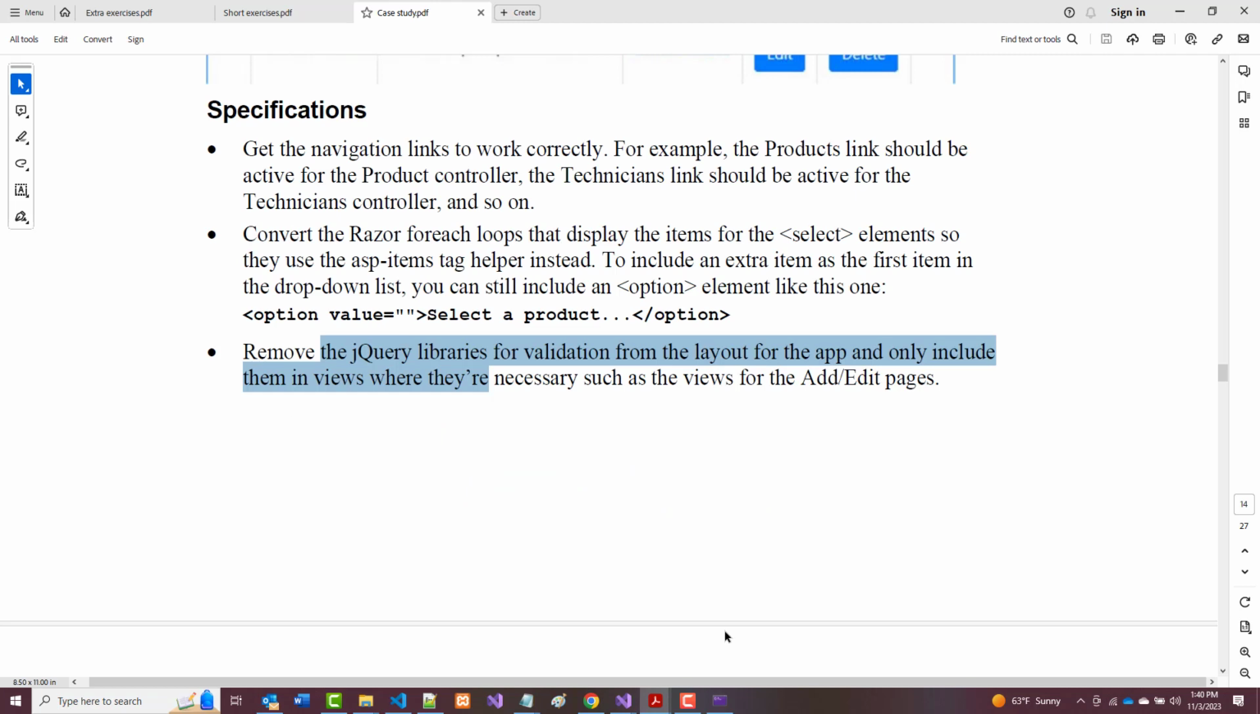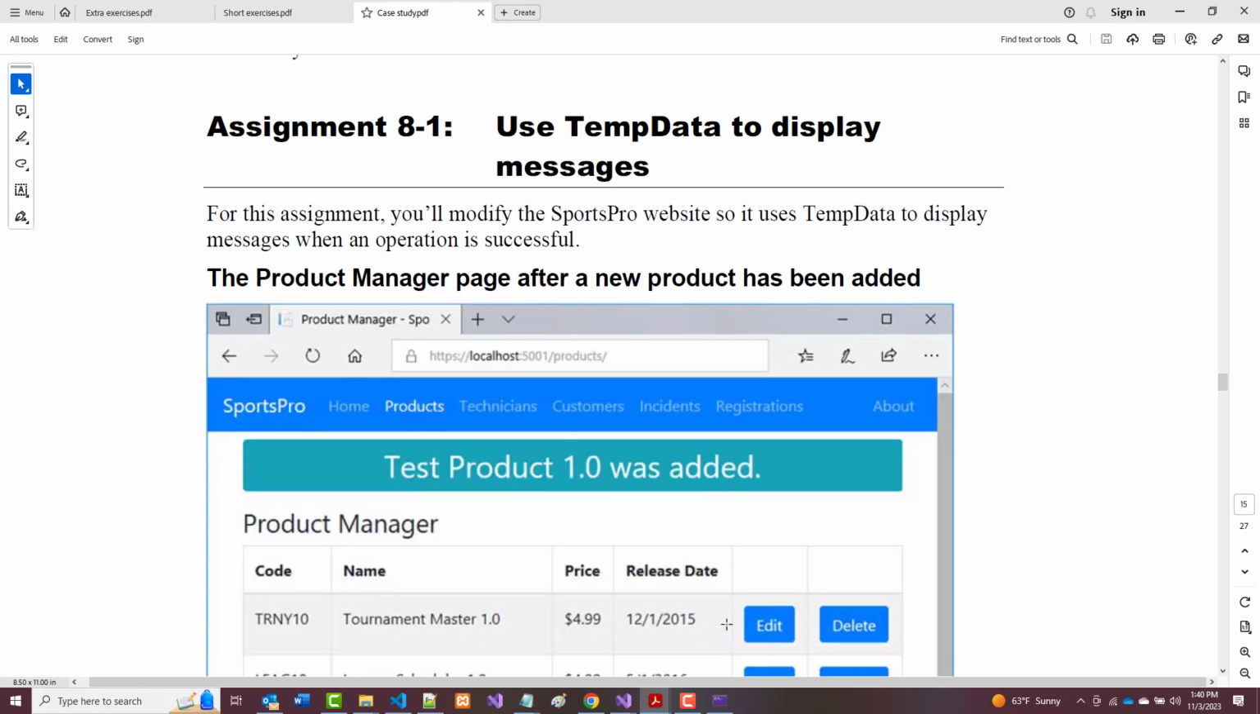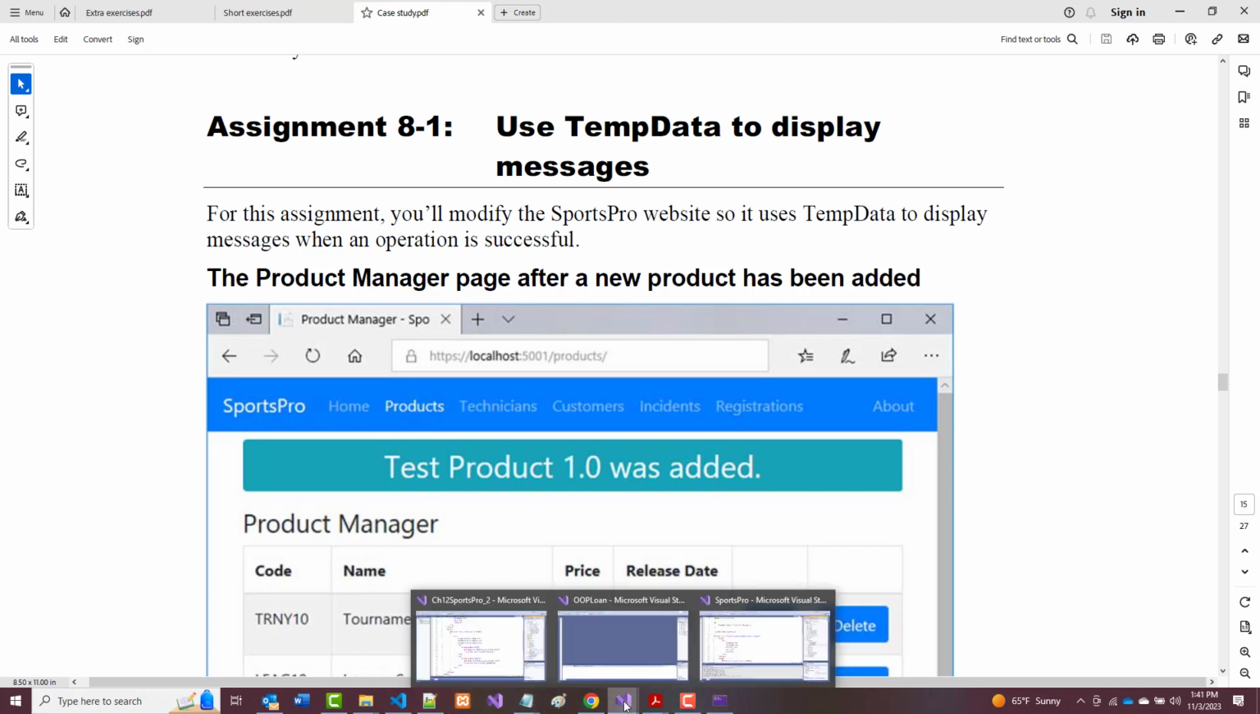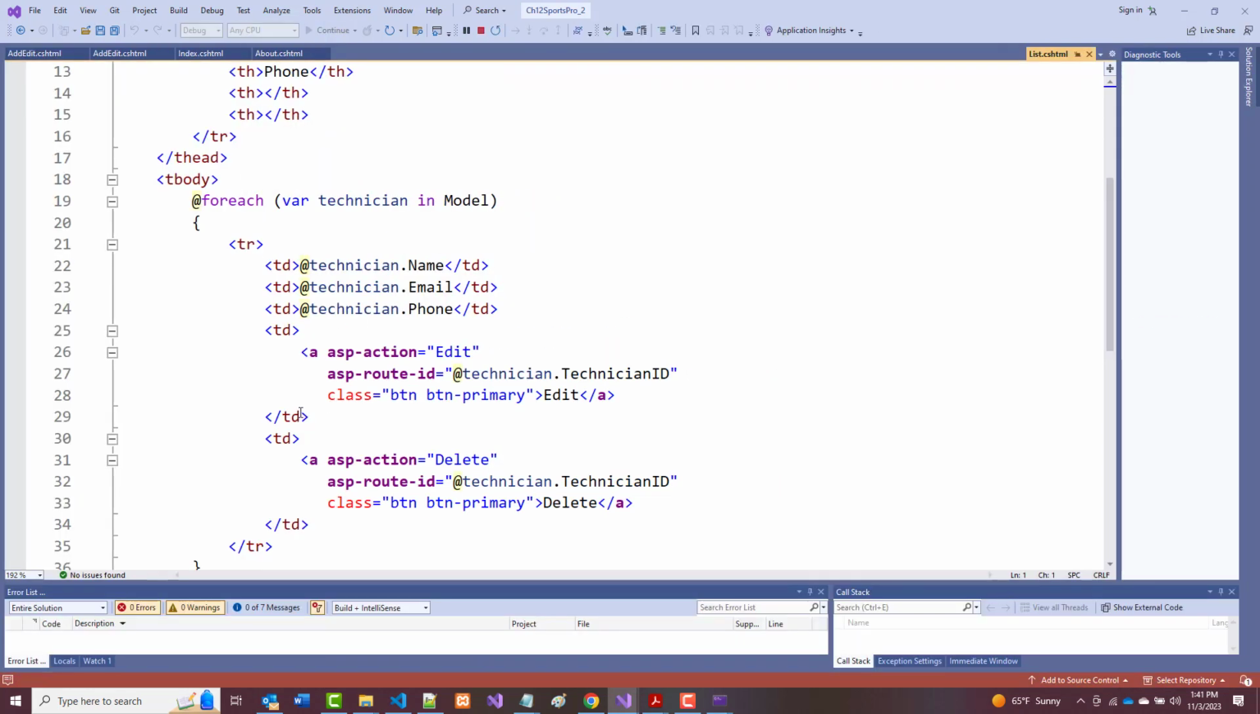All right, so we did all this stuff. So let's jump into chapter 8. Now, let's demonstrate first what this is going to do. All right, so if I go back to my chapter 12, which already has the changes in it, and I run the program,